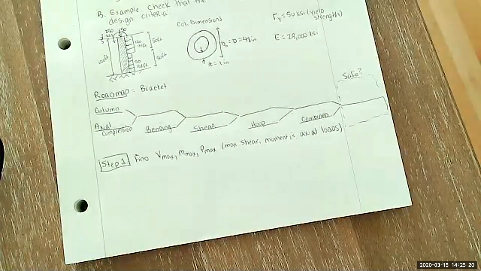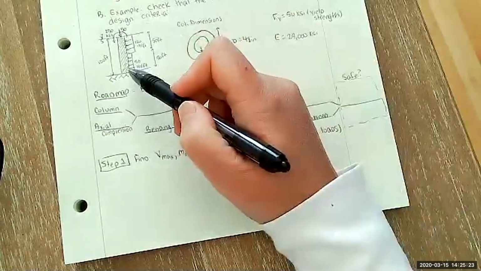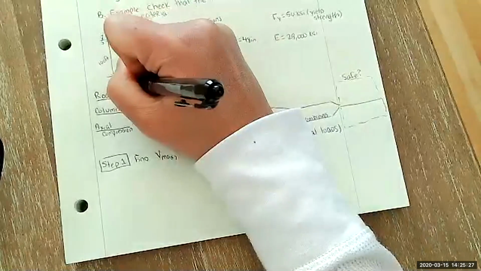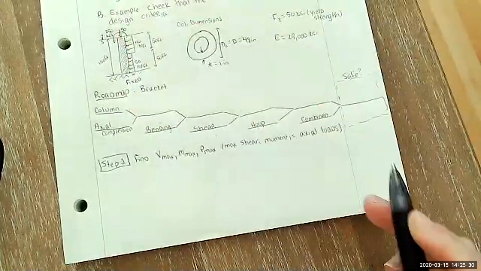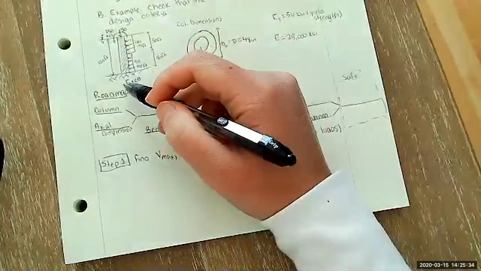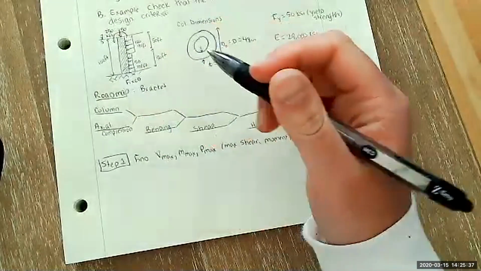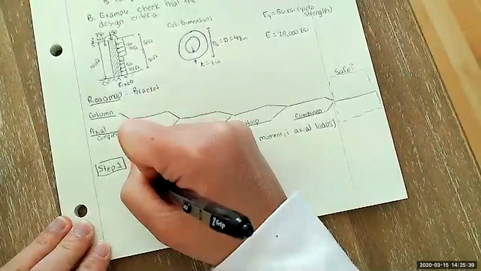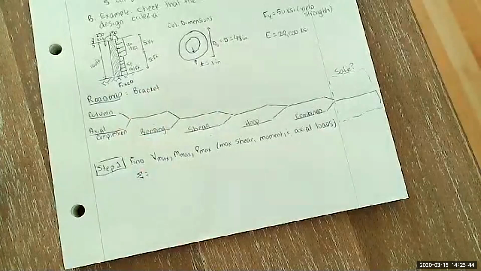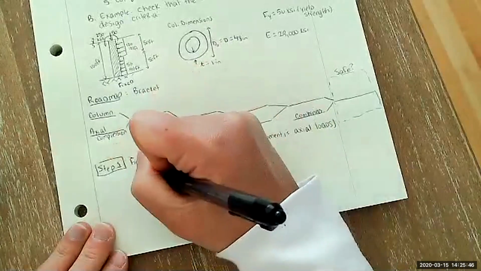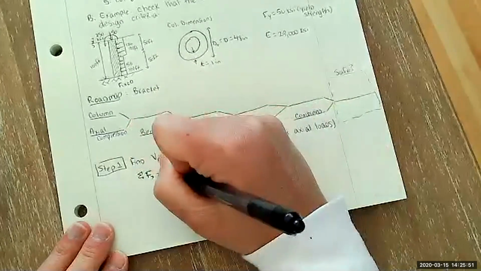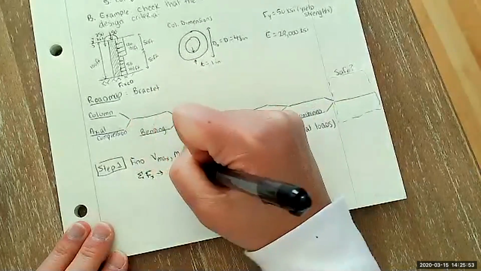You can find these loads using statics. Since we have a cantilever style beam, with this column fixed into the seafloor, we know that the maximum values are going to occur at this fixed end where you have the reaction supports. If I sum the forces in the x direction, I'm just going to give the answers for the sake of time, but you can go ahead and sum the forces in the x direction. That will tell you your maximum shear is equal to